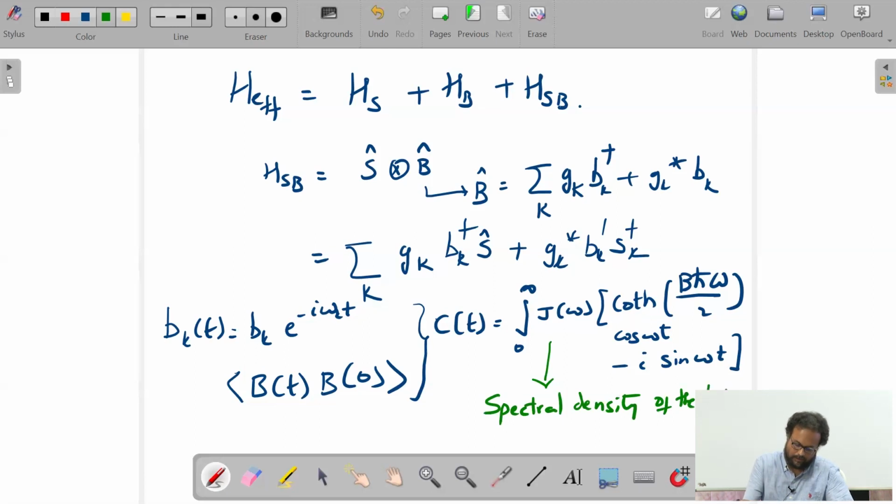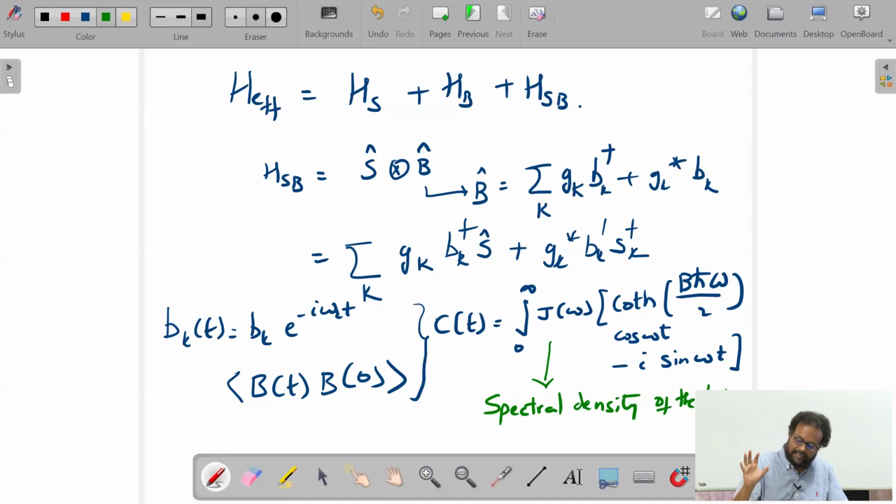Okay. And this correlation function itself, you have to think about it. The real part of this is related to some kind of fluctuation, and the imaginary part is associated with dissipation. And this is where the fluctuation dissipation theorem comes in. I'm throwing in a lot of words. If you don't understand it, it's fine. It's something that is at the heart of dealing with system bath interactions, quantum dynamics. Even if you're interested in something like emerging quantum computing applications, this is really at the heart of it. This applies, in a very generic framework, to any kind of quantum system, right?